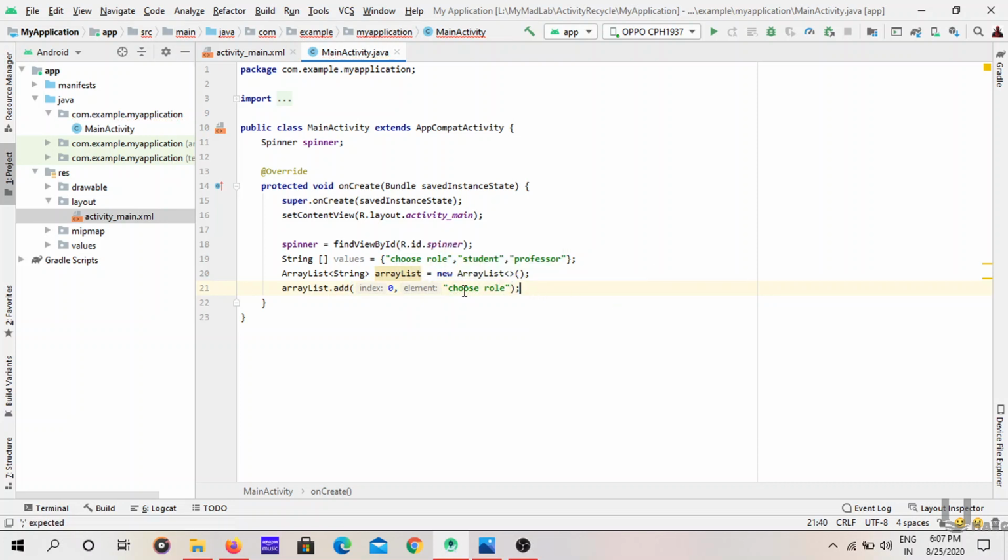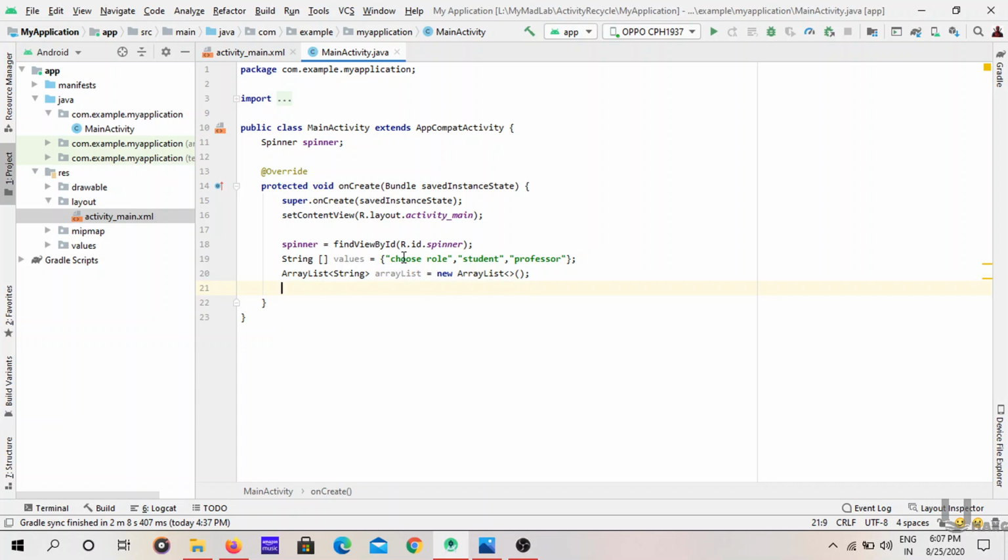In this way you can insert the elements into this array list, inserting Choose Role at the 0th index. You can also add the 3 items like arrayList.add(1, "Student"). You can do it like that, but I like this syntax actually, so I go on with this.